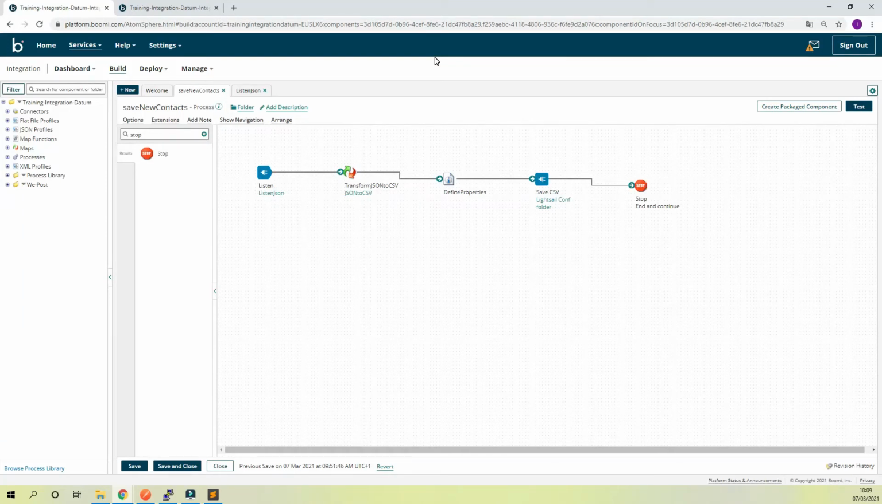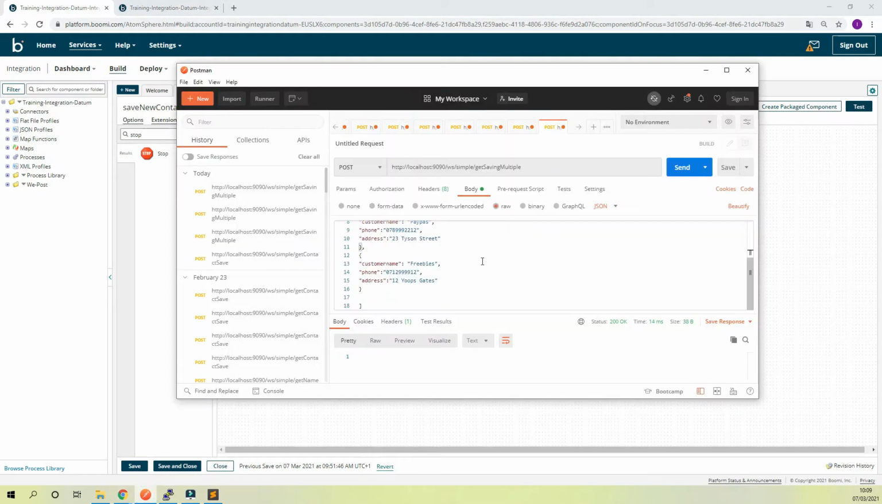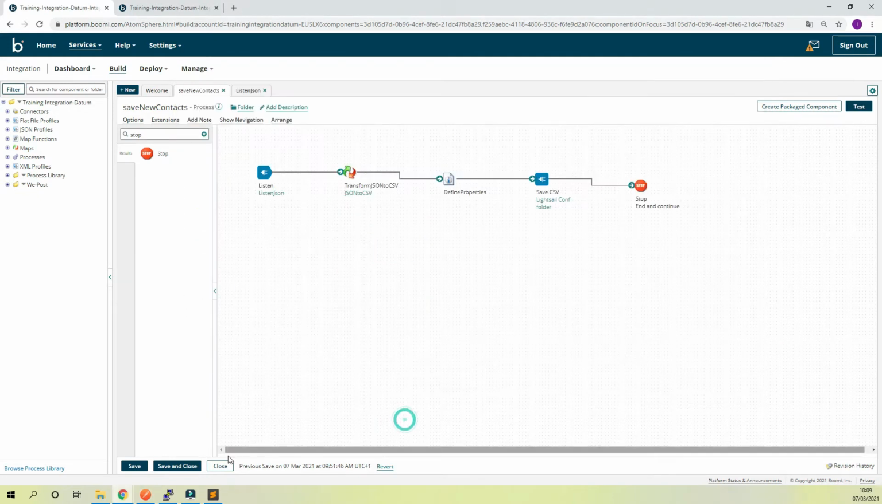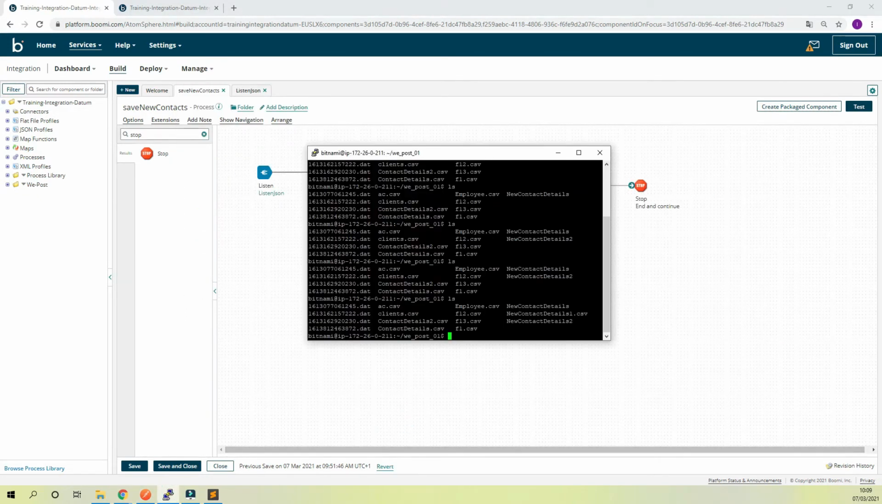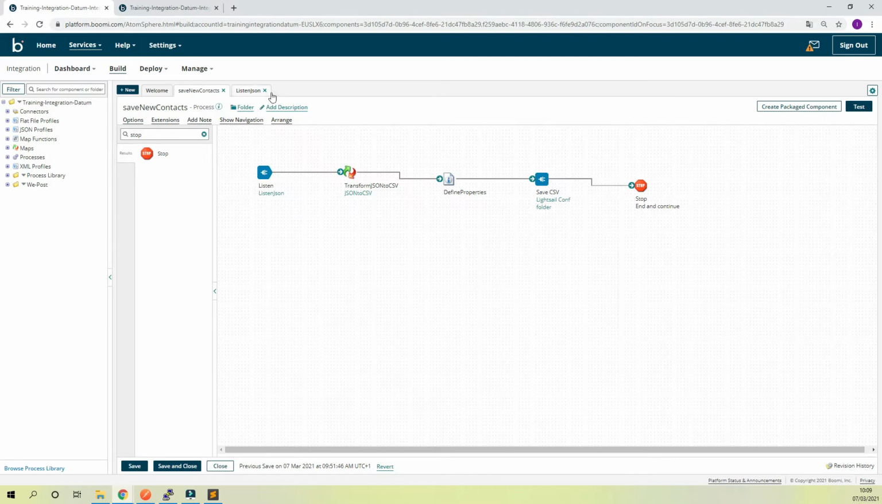So in the last tutorial, we completed this process where we were able to send in a JSON payload, this payload, and save it into a server, which is hosted on the cloud. We saved it into this file called new contact detail one.csv. So today we are going to be making things more interesting. We'll be doing the reverse of this action,